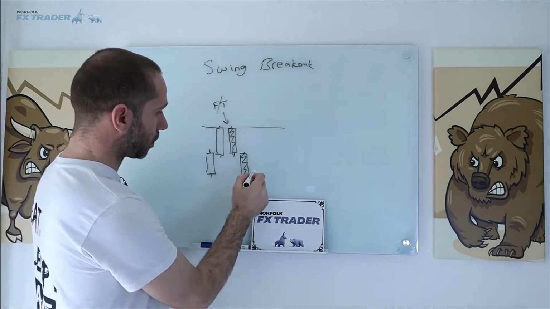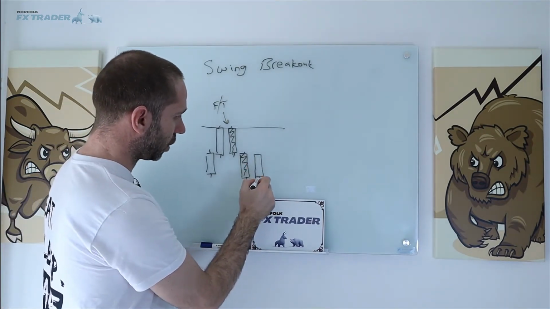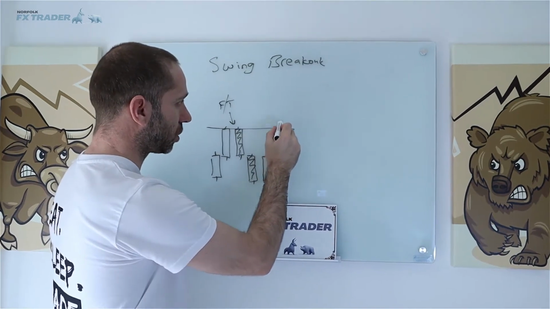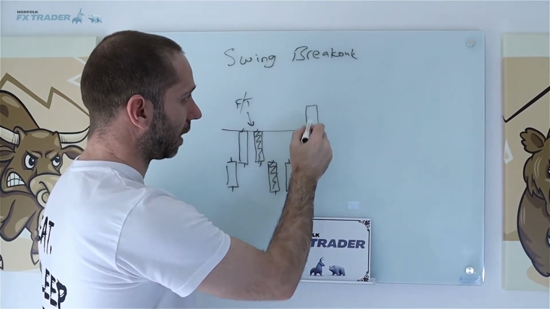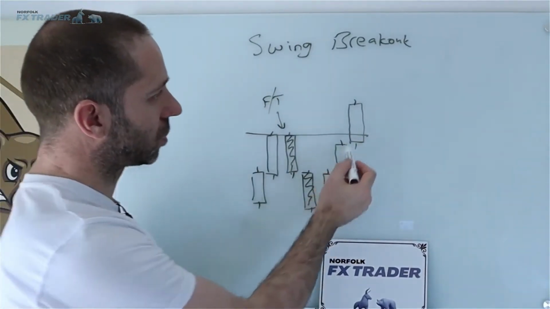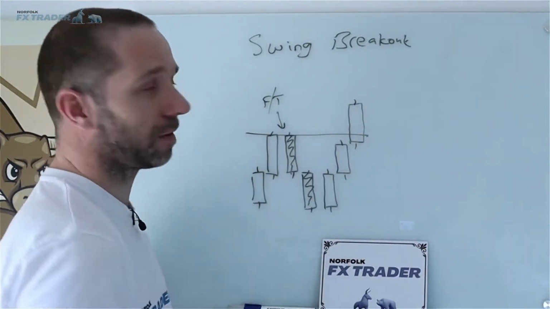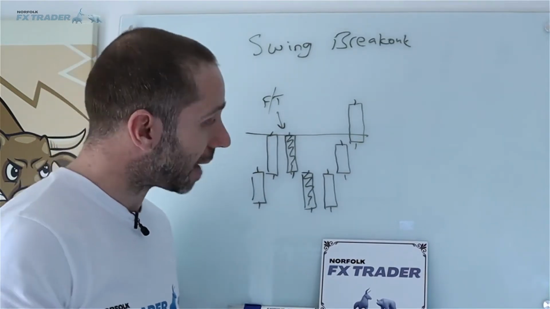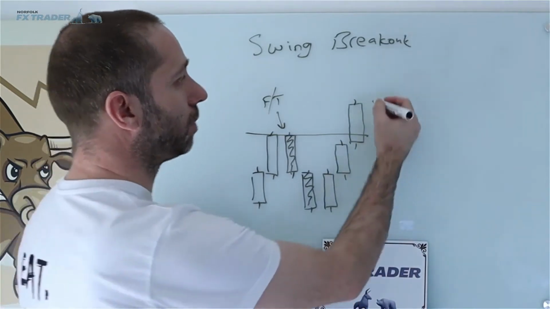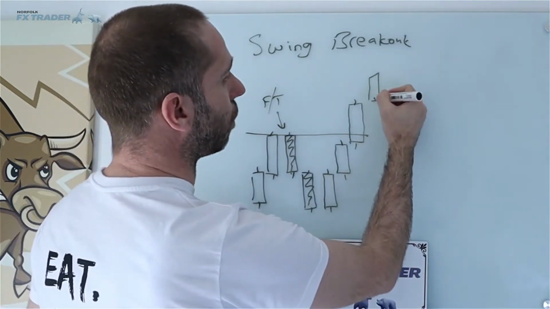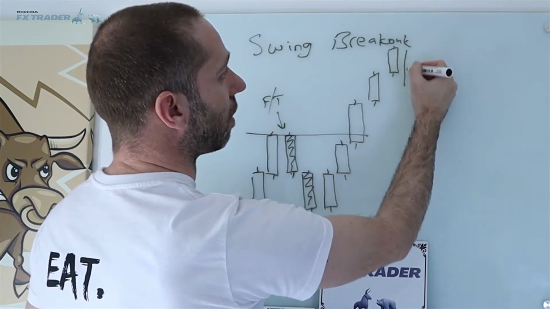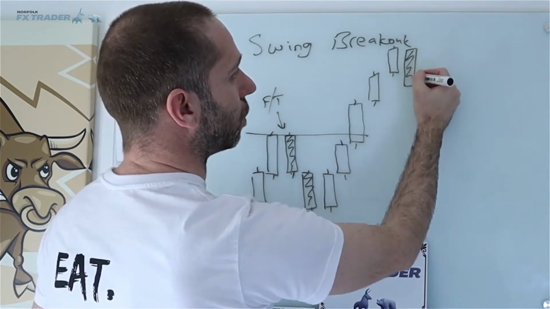Then when the market comes back up, now this is obviously using the candlesticks, you want to see a solid breakout candle. No small wicks to the upside. You want to see that solid candle breaking that previous high, showing you the momentum of the breakout. It's important that we see that momentum. And then for the swing pullback, you want to see the continuation higher, then the candles pull back